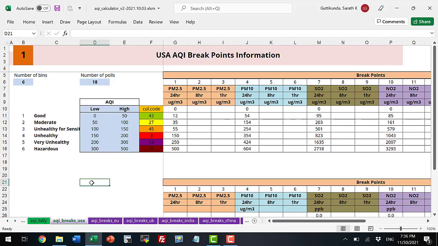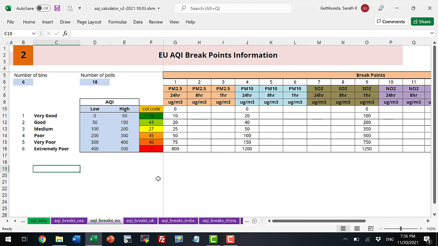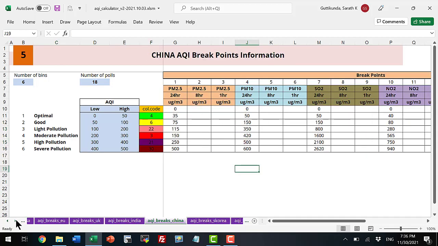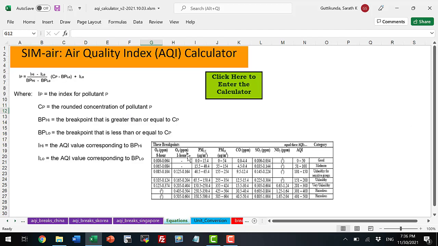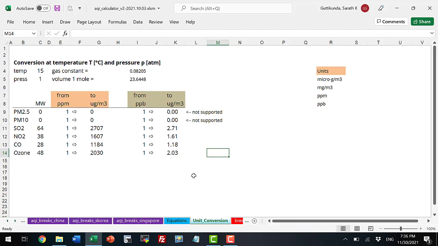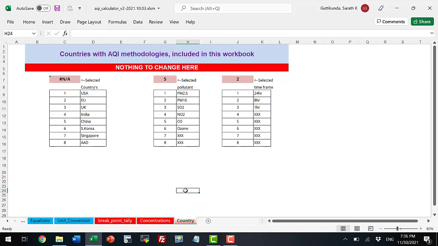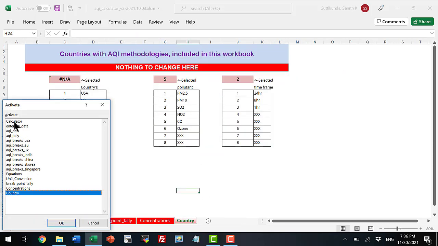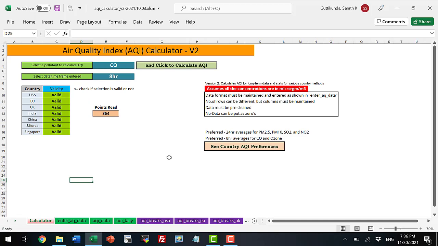How each of these methods is calculated is all open. You can go to the VBA behind. You have to enable macros for using this calculator, and to see the VBA scripts for each of these calculators. The general equations are presented here, along with unit conversions. You don't have to do anything in each of these red pages in the back. These are just background information that the calculator uses.